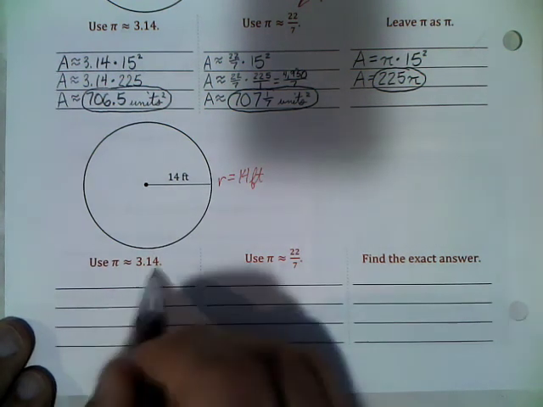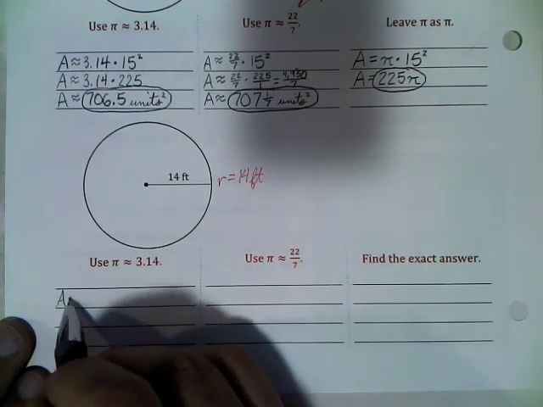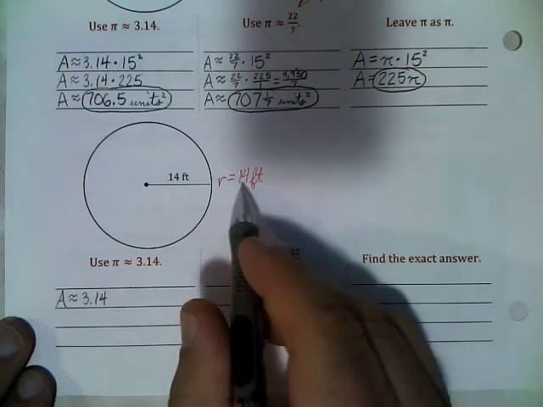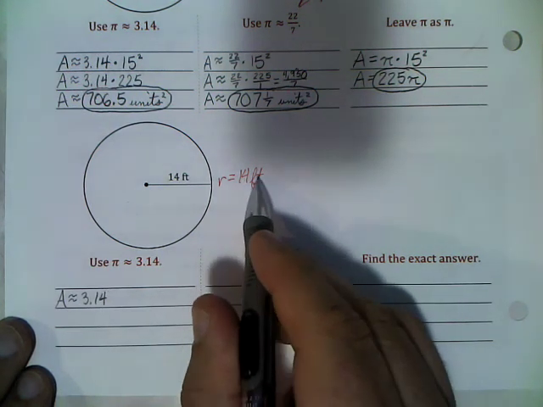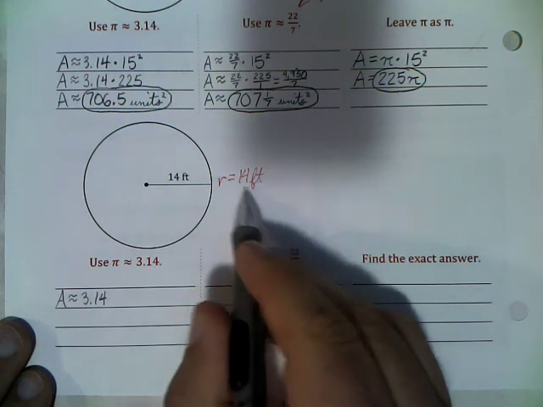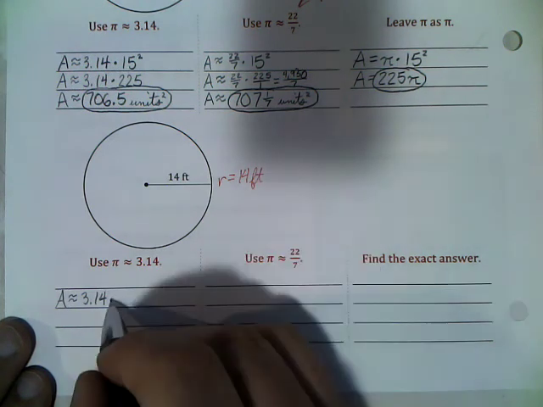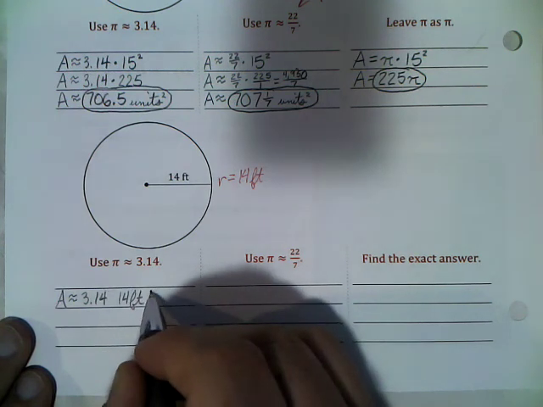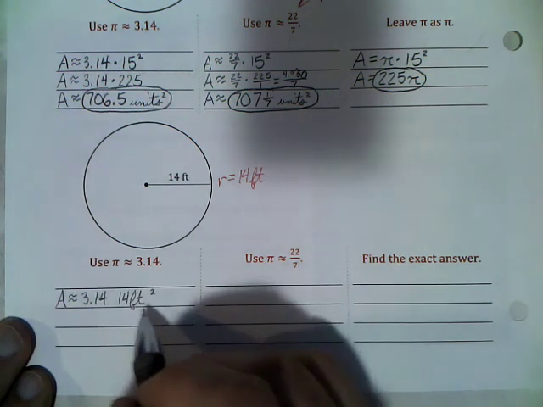We're going to start by using 3.14 like we did last time. So A is approximately equal to 3.14. Now this time, because we have a number and units, all of this is the radius. So if I were to write 14 feet squared like that,